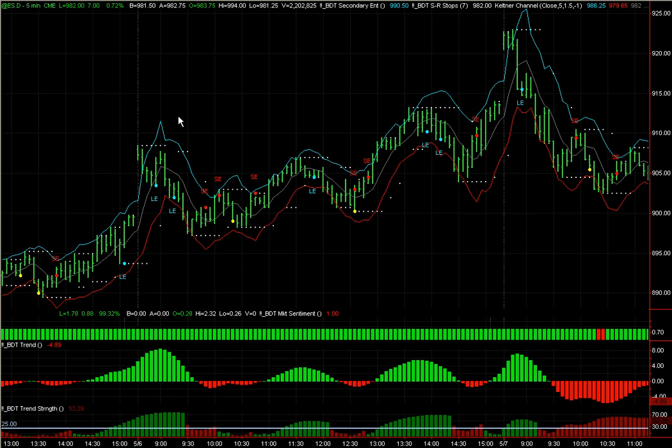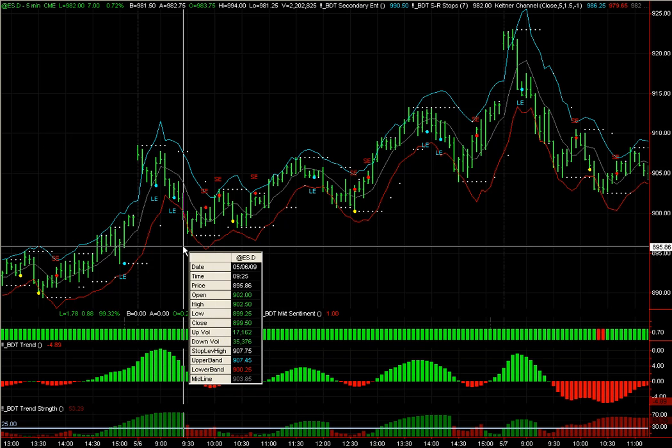So let me show you how I select these trade setups. What I look for is total agreement in the indicators: the U.S. market sentiment, the trend line, and the trend strength. Here we see everything's green, and when everything's bullish, I look for the price to cross below the lower band. And here we see it crosses at